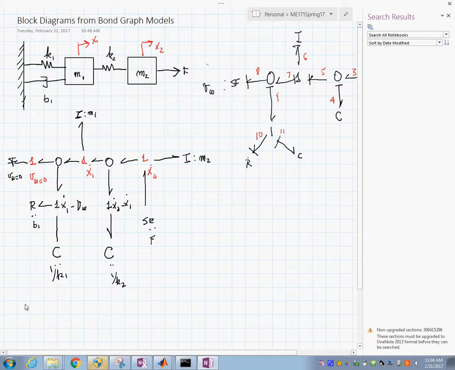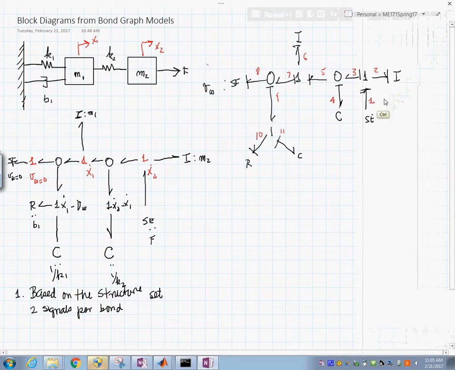So the first step is to build a skeleton of the block diagram based on the bond graph structure. You would set two signals per bond. What do I mean by this? In this particular case, you'll have